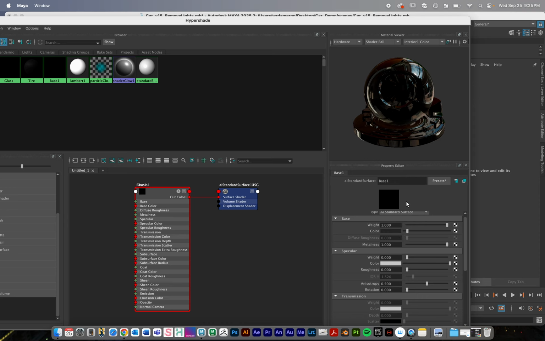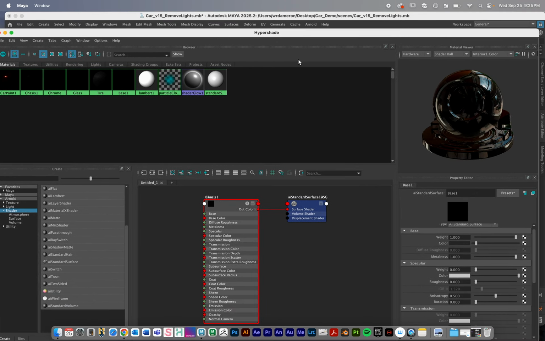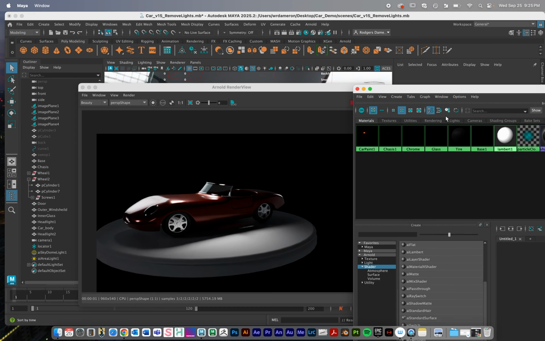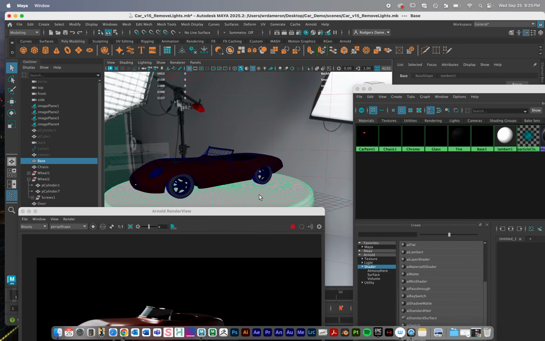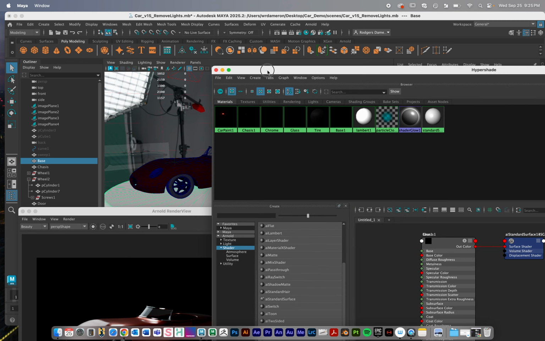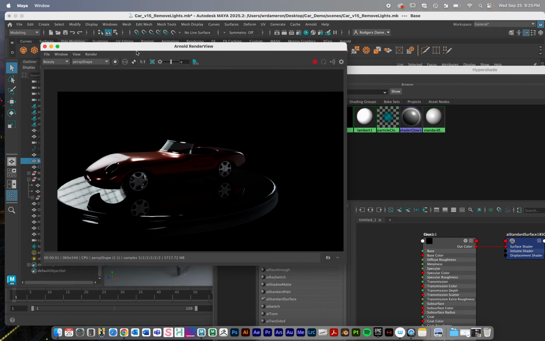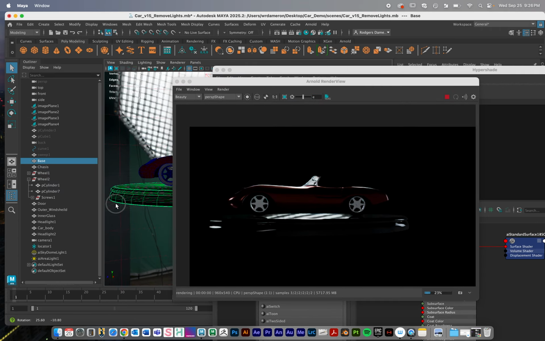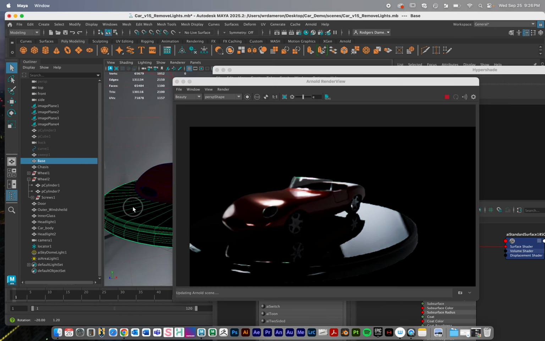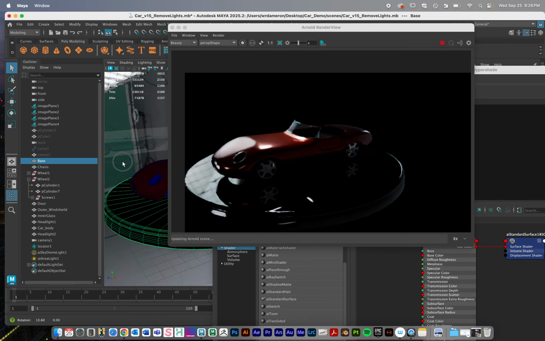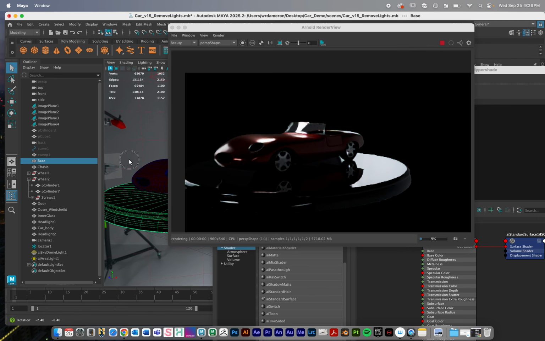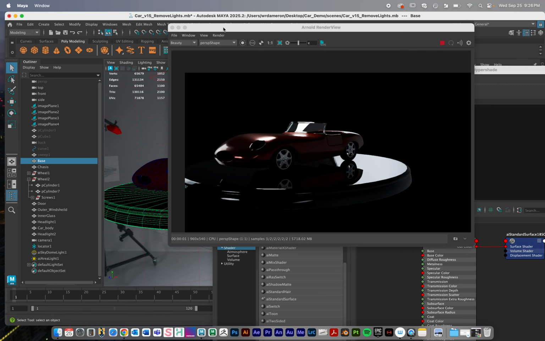So I switched it to Chrome. I'm just kind of trying out some different things. I like the model to kind of reflect back a little bit. Well, first thing I'm going to do is add this material to the base so that I can preview it and see what it looks like in real time. So I'm going to click on the base and then right click, assign material to selection. And so what I did there is I created a chrome material and then I took the base color down. So I'm kind of going for a dark render look here. And so what that does is it has some nice reflectivity to the scene and